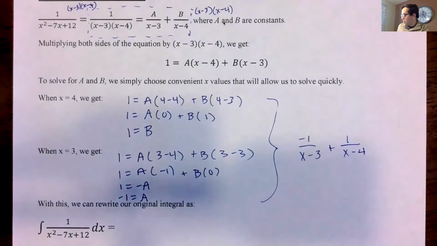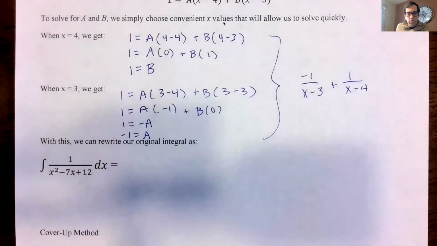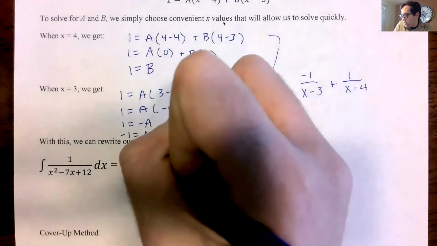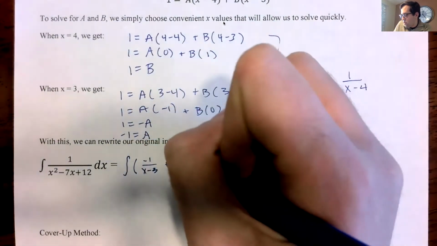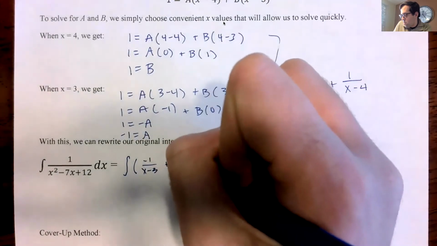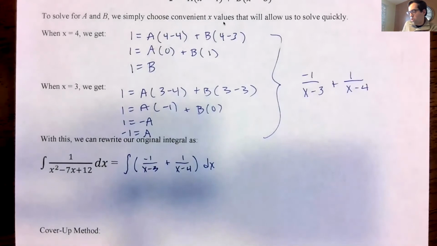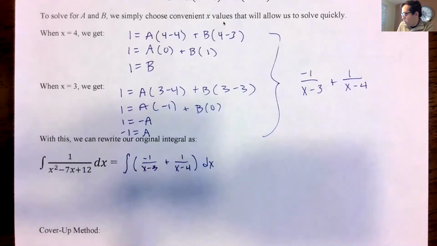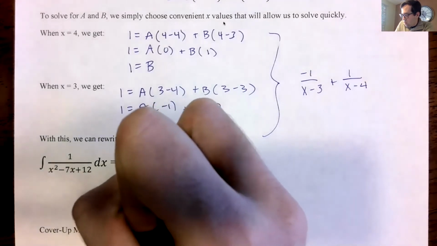And that means that if we have this as an integral, we can rewrite it as two separate fractions. And that makes this much easier to solve, okay? So now we're going to integrate each of these fractions separately. You can use u substitution for the denominator. And what's going to happen is we're going to end up with,